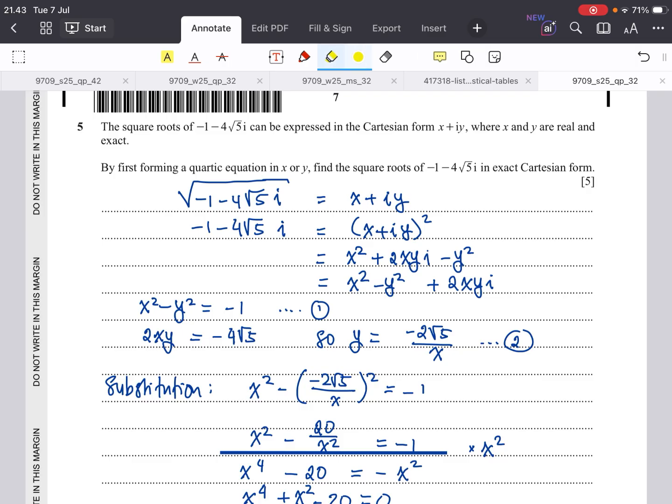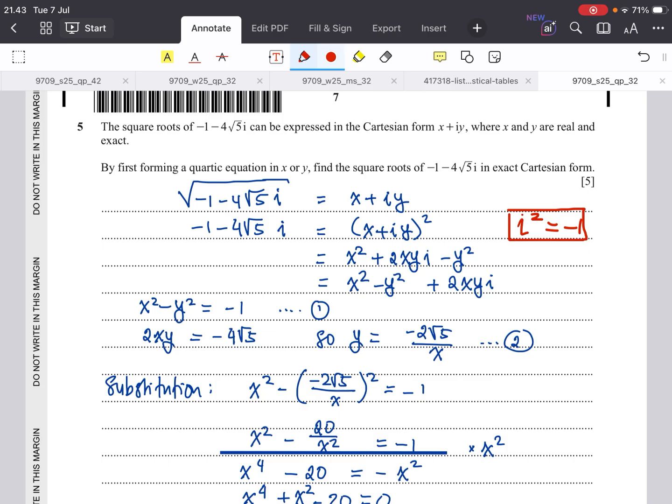So students, let the result of the square root of this one be written in the form of x plus iy. It means that if we square both sides, it will become like this. So we expand the one on the right, the expression will be like this one. Don't forget i squared is -1. So this expansion will be like that.